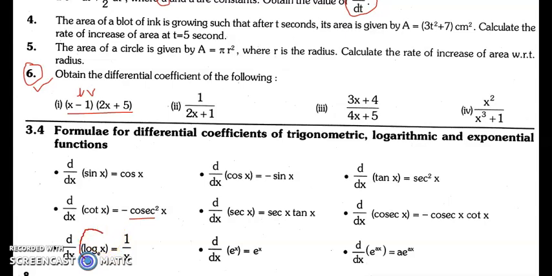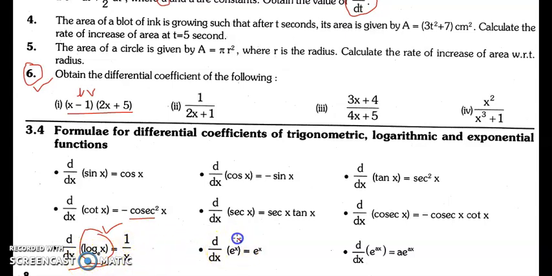This is an entirely new function for all of you, d by dx of log x. We will be discussing this in detail in the further videos. Again, a major chunk of this would be in your mathematics, so we'll be doing in physics as much as required. We'll not be doing it in detail, but we'll be learning the logarithmic function. For now, you can remember its derivative, that is d by dx of log x is 1 by x.